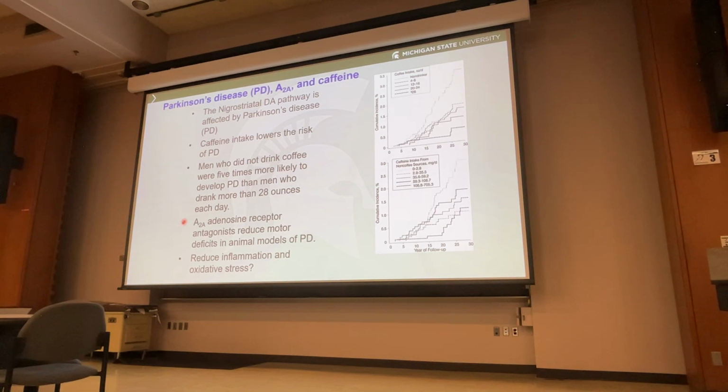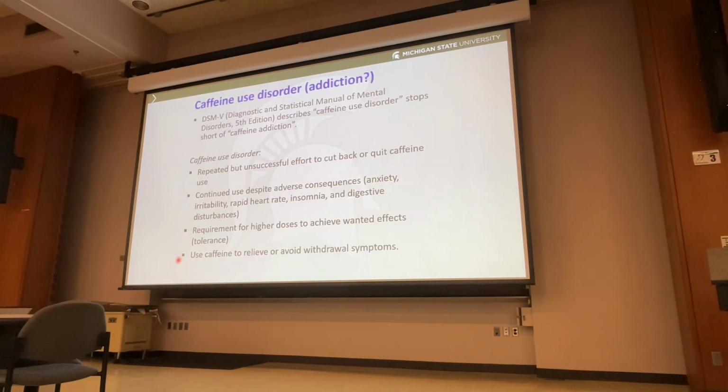so, A2A adenosine receptor antagonists can reduce motor deficits in animal models of Parkinson's disease. And there is a thought that this could reduce inflammation or oxidative stress. So don't worry about that for anything important, because that's pretty controversial and shouldn't really be taken hold. So, as far as